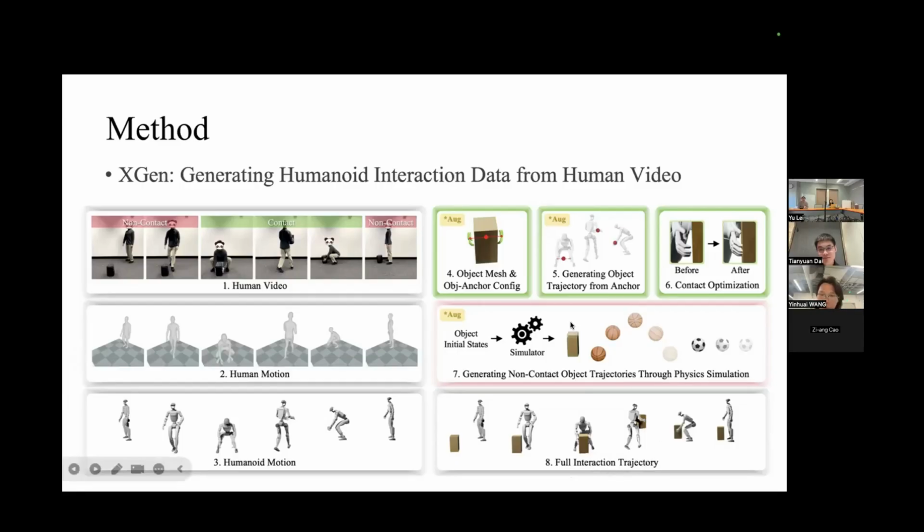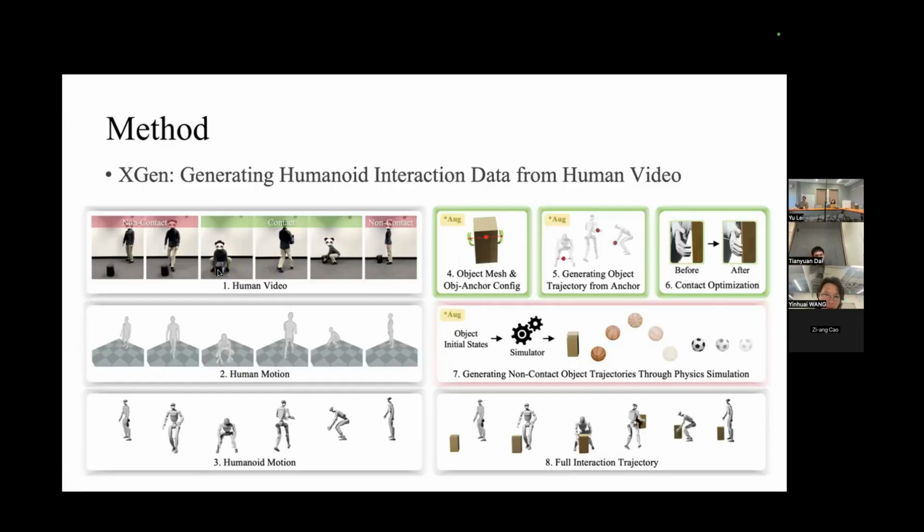I have a question. How do you get the object initial state? We have two ways to get the object initial states. The first is, if we take a typical frame from the video, such as this frame, we can use SAM3D to estimate the object mesh and the hand-object relative relationship.